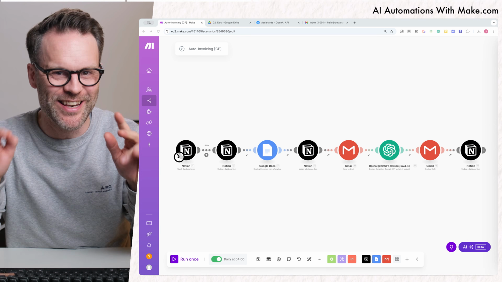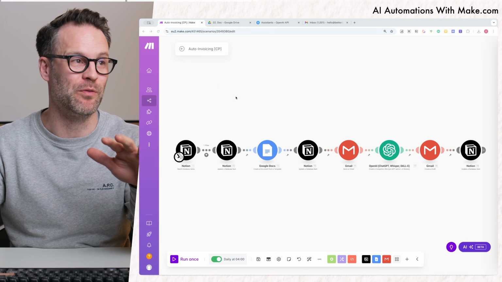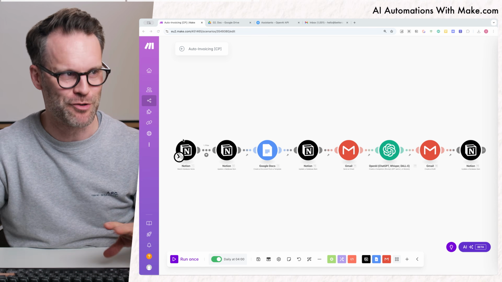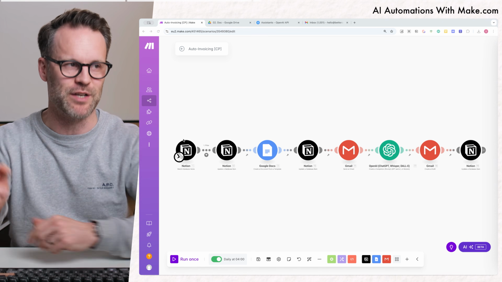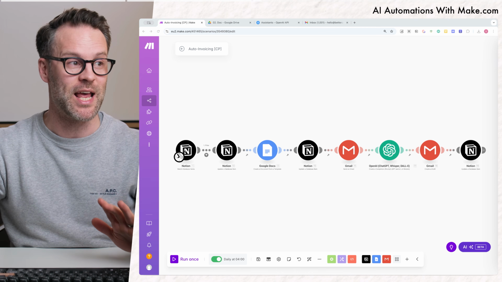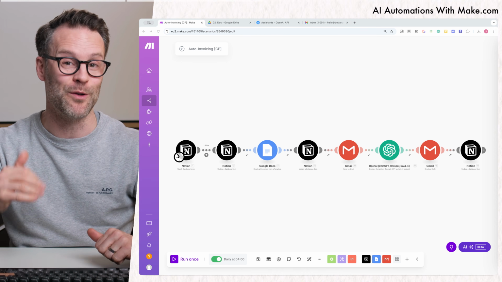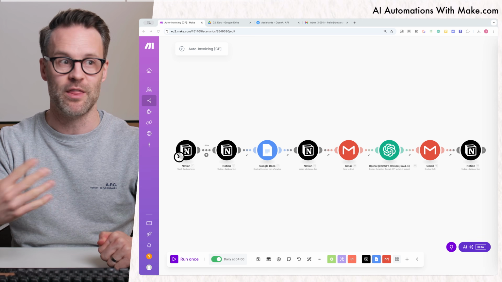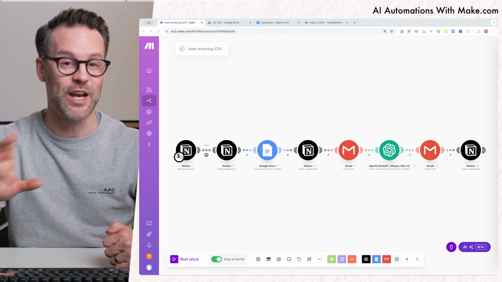I'll walk you through this step by step so you can adapt it to your own workflow. Let's do it. Okay, let's talk about how to build this. Now, for your sake and mine, I'm not going to try and completely rebuild this in front of you, but I am going to show you the elements and talk you through exactly, so you will be able to pause the video and copy what I've done if you want to